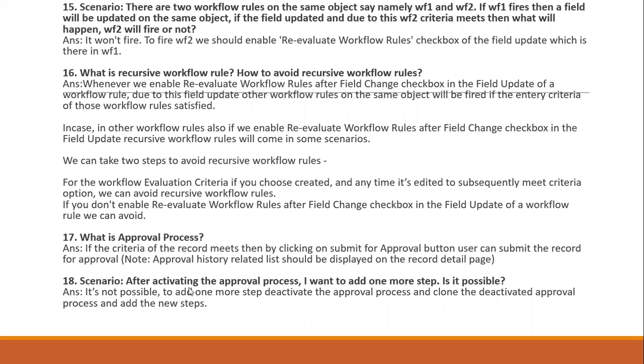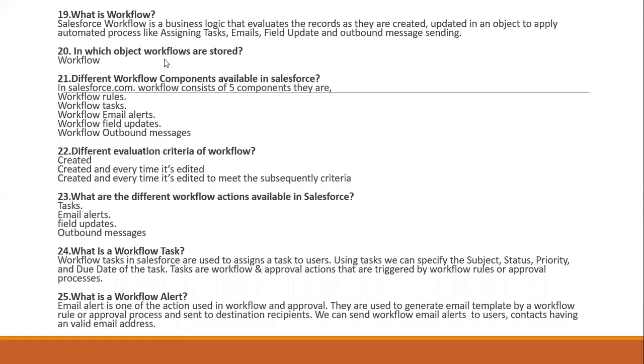Next question: after activating the approval process, I want to add one or more steps. Is it possible? It is not possible to add one or more steps to an activated approval process. Deactivate the approval process, clone it, and add the new step. Next question: